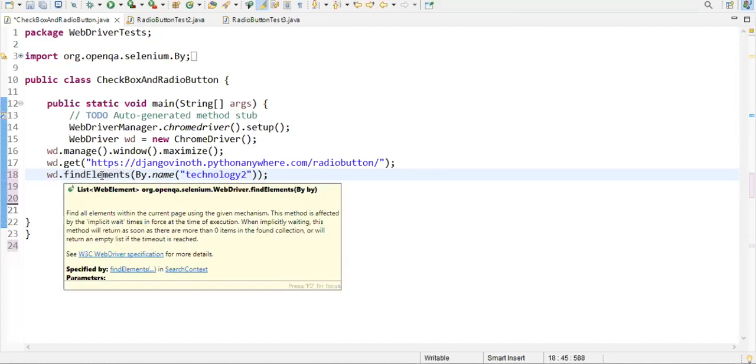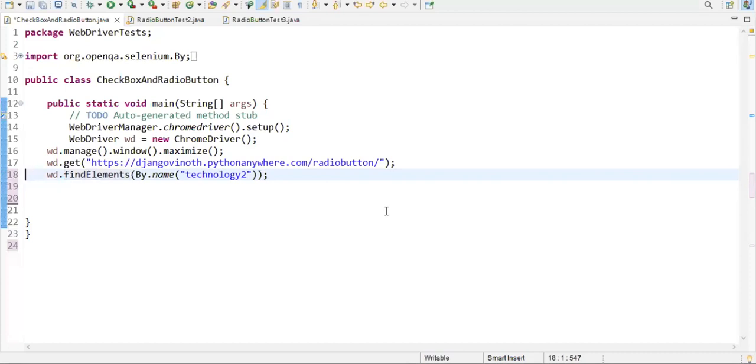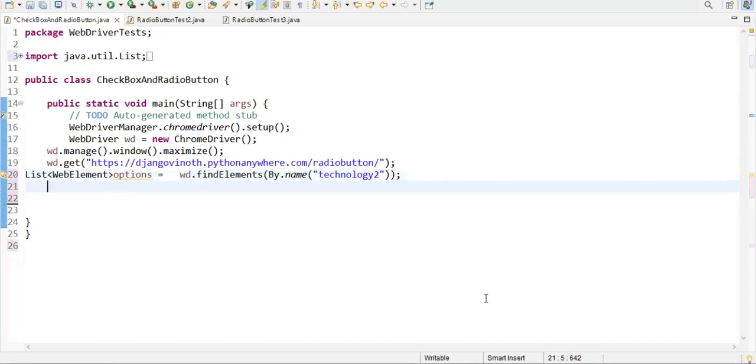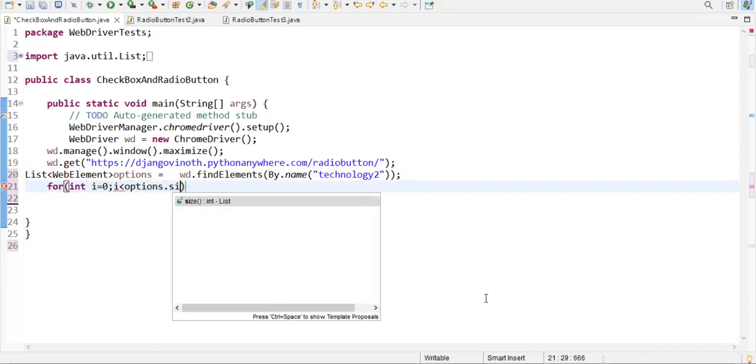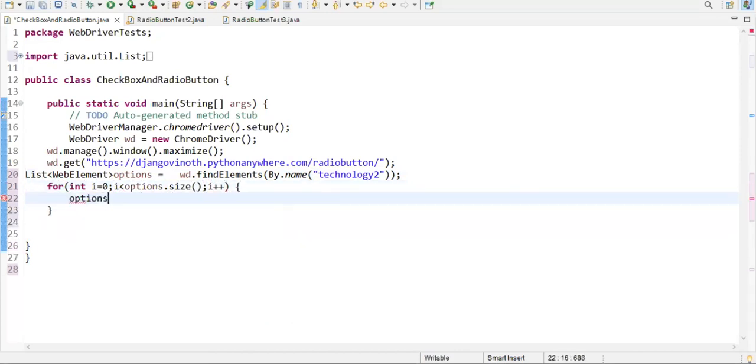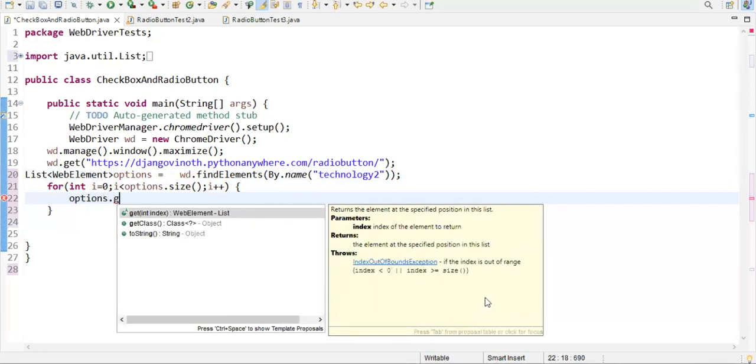This findElements is returning a list of web elements, so I'm storing them inside a list of WebElement. Let's give the name as options. Now I'm using a for loop: for integer i equal to 0, i less than options.size(), i plus plus. Options.get(i)